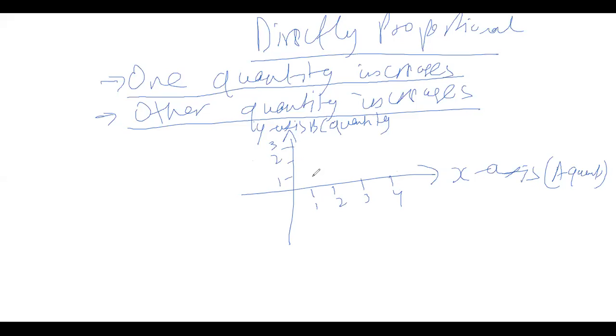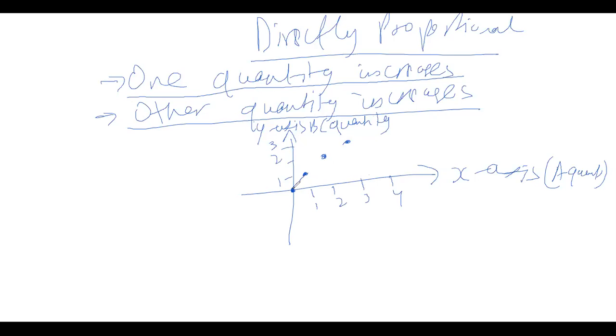For example, the ball is at the origin, 0. If quantity A increases by 1, so does quantity B increase by 1. Both increase by 1, so now the point comes over here. As quantity A again increases from 1 to 2, so does quantity B. So the point goes over here. As quantity A goes from 2 to 3, quantity B also goes from 2 to 3.